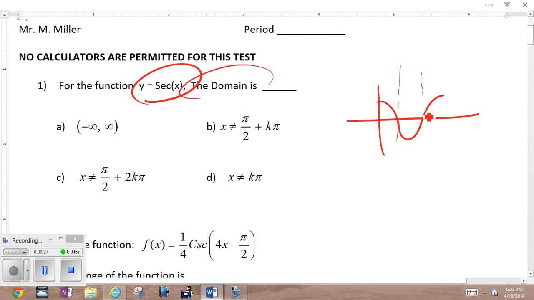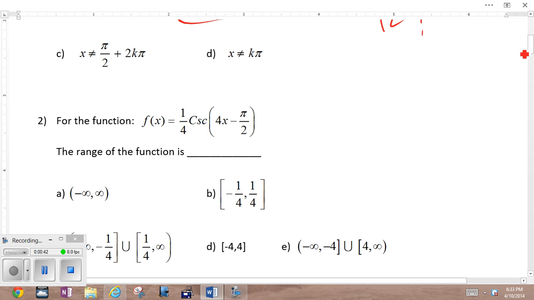asymptotes are going to occur at the intercepts of the cosine, which are going to be at the pi over 2 values. Okay, so it's going to be at your pi over 2, or 3 pi over 2, or in short, there. So the domain is everything but those values. Okay, the cosecant graph, of course, is built